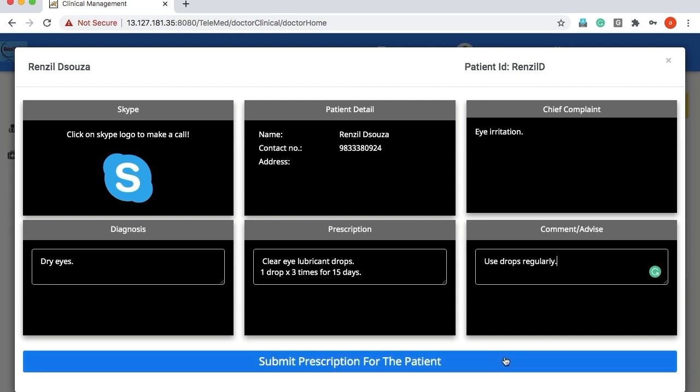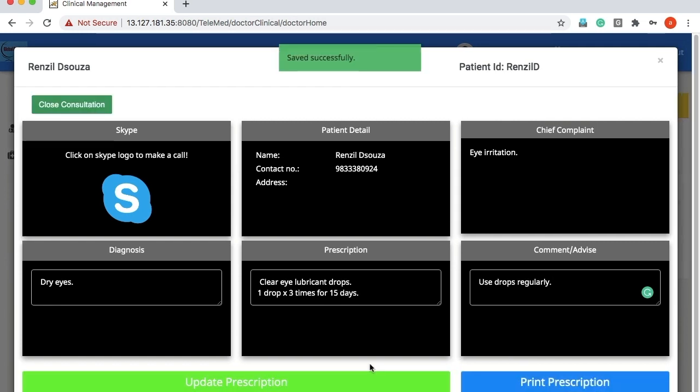Next, to generate the prescription, the doctor clicks on submit prescription for the patient. The prescription is saved successfully. If he needs to update the prescription, the doctor can type in further details or can edit the prescription and click on update prescription to update it.